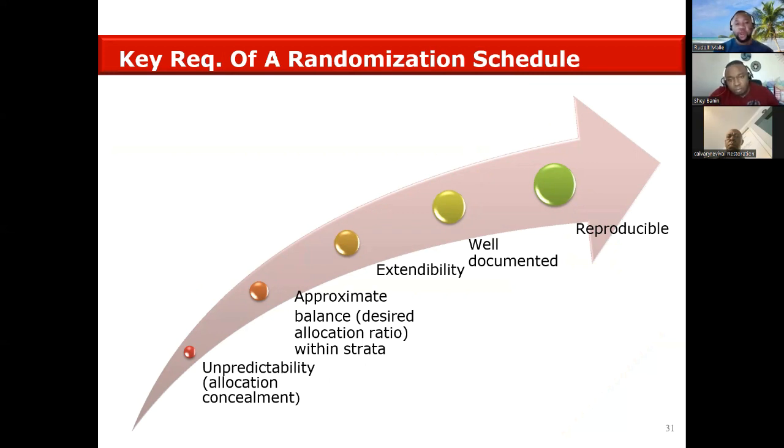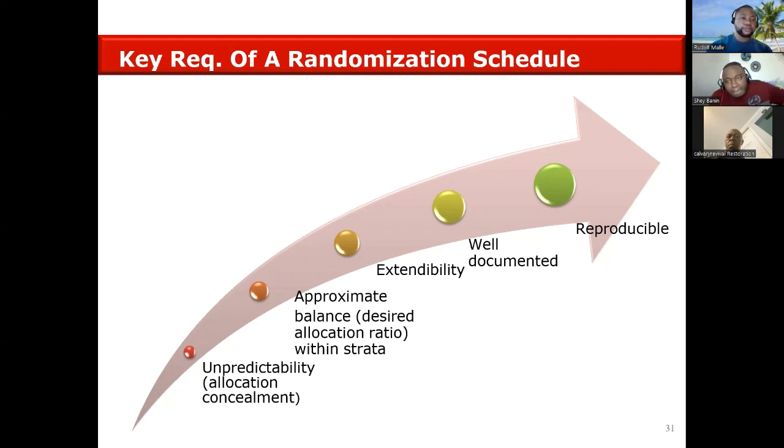Now, what are some of the requirements in order for you to have a randomization schedule? The randomization schedule should be unpredictable, of course. It means that they should not be able to predict which group patients will go into, because if it's predictable, then it doesn't make sense. The investigators would know that if I put these patients on group A today, I can definitely put them in group B tomorrow. So it will just be simple, the same way that the investigators have been doing it at their own site